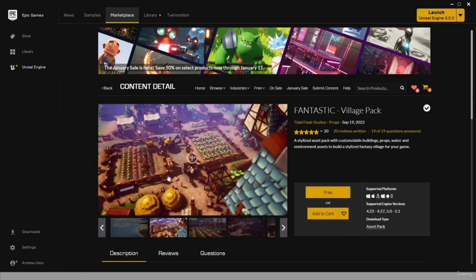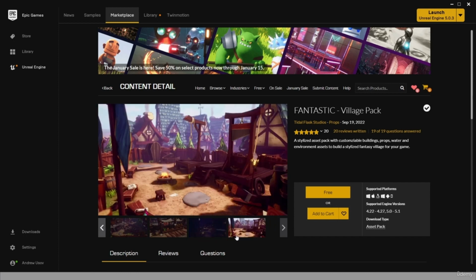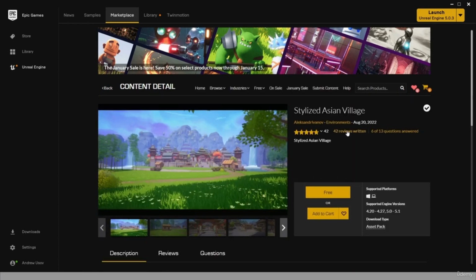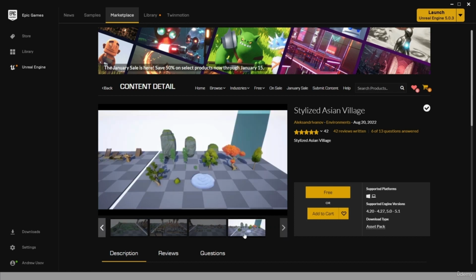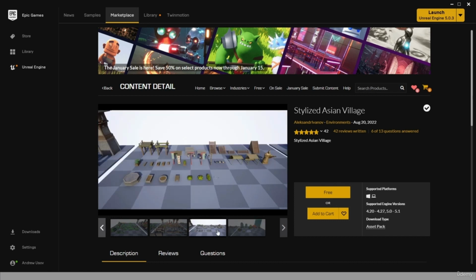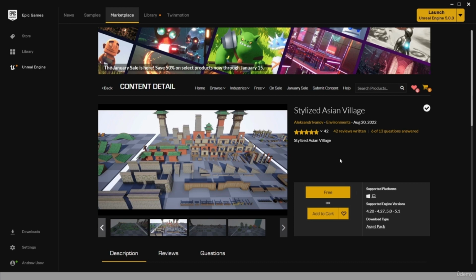and you can see it works great for a lot of games, not just platformers, because we have a lot of different things here. But for this course, I'm gonna choose the Asian Village. Although you might think different things about our character, I think that this environment fits him. It does. We also can use these as platforms. So yeah, I'm gonna take this package,